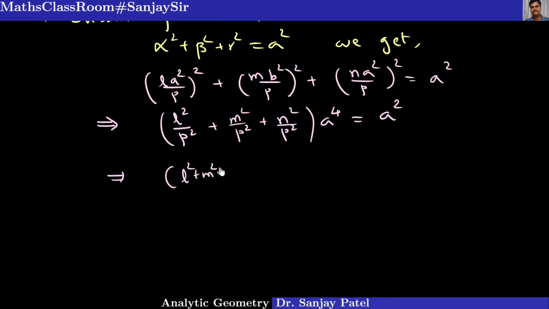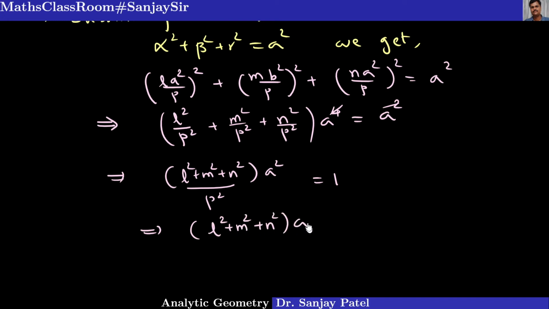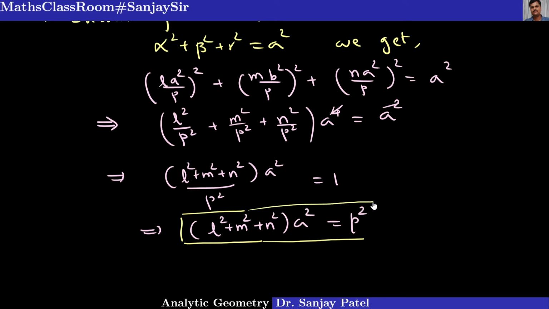Okay, and now simplifying further, this A square will be cancelled, and I can write this as L square plus M square plus N square, into A square, this one A square will be cancelled, and this P square can write this way is equal to 1. So that gives you the required condition: L square plus M square plus N square into A square is equal to P square. So this is the necessary condition that if a plane Lx plus My plus Nz is equal to P touches the given sphere, then it satisfies this condition, which is